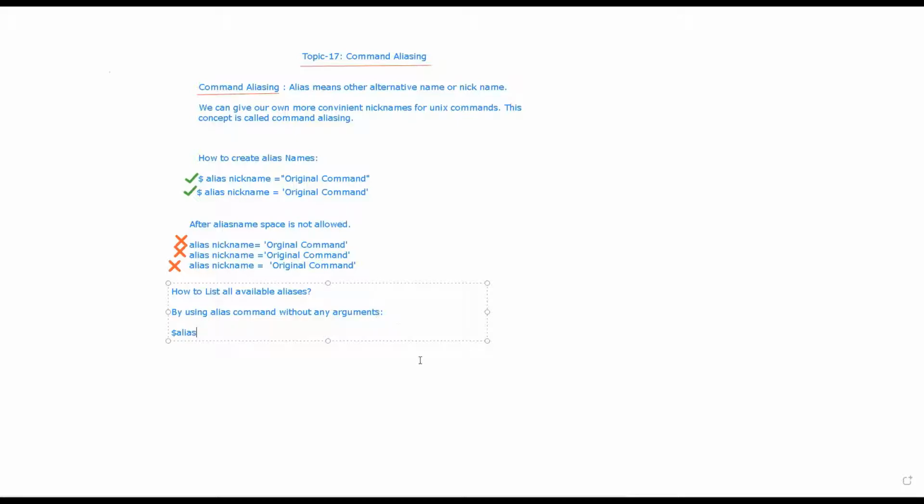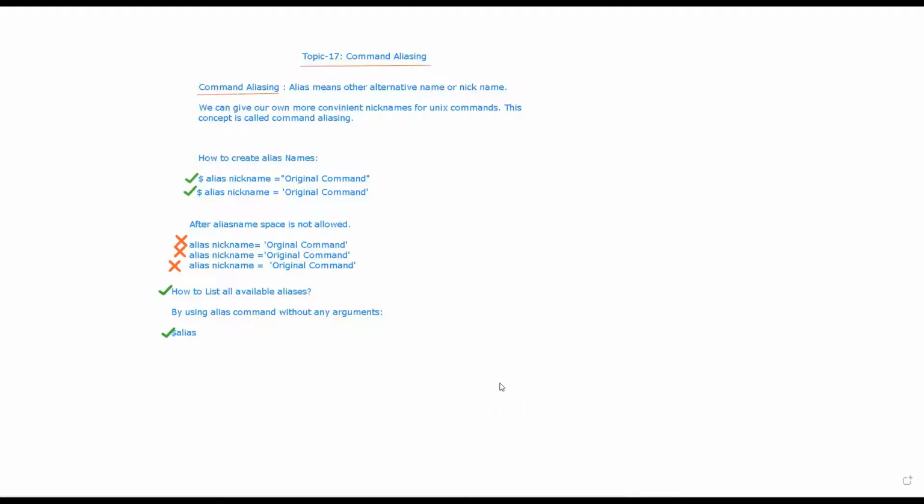So this is the way to list the aliases. So this command is used in order to list the available aliases.